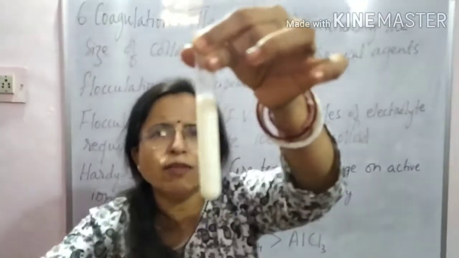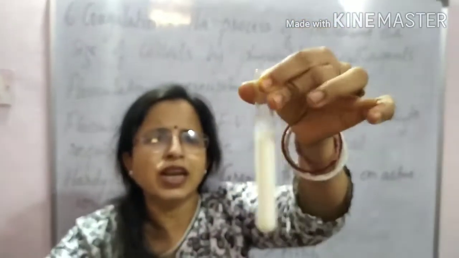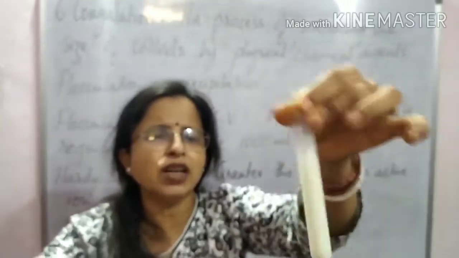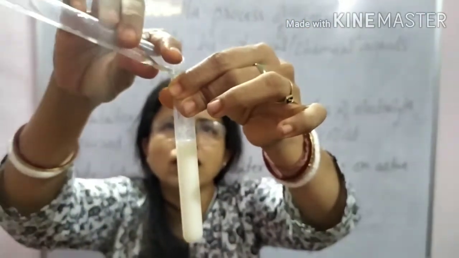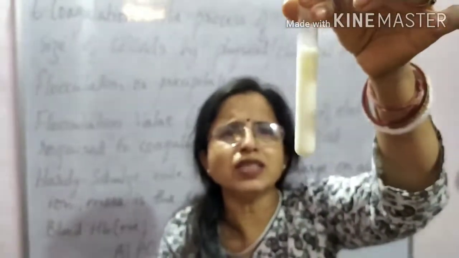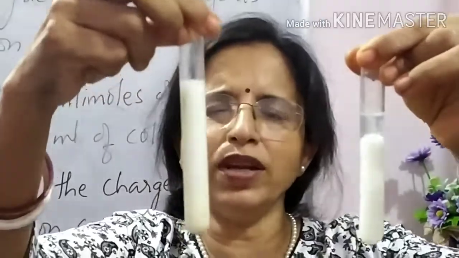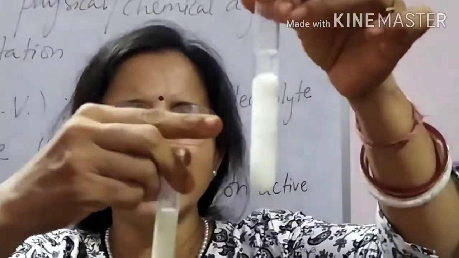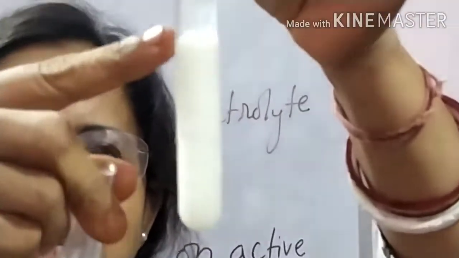Now I am adding a little electrolyte, lemon juice, and after some time I will shake it and show how it is going to convert into paneer. Wait a few minutes, and you can see the formation of paneer easily. So the right one is pure milk. In this one I have added lemon juice. You can see the milk has started precipitating or coagulating. The milk is clearly precipitating.